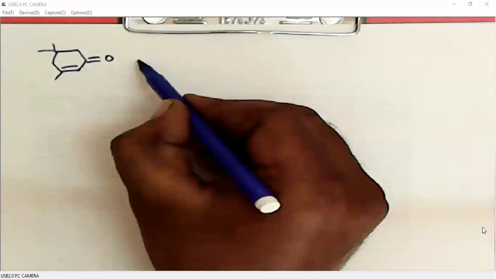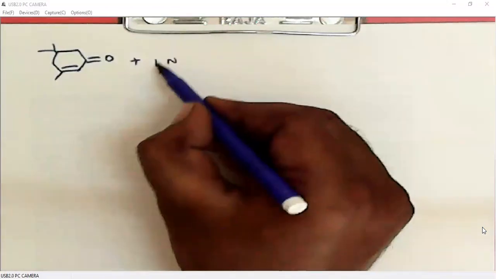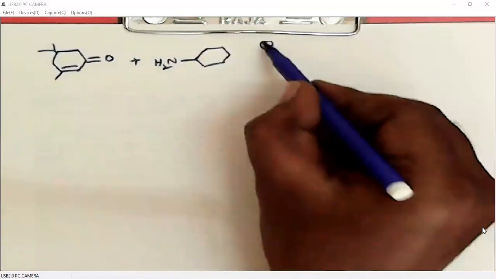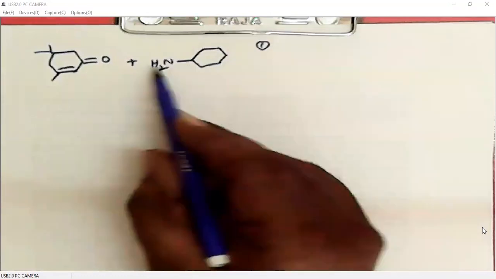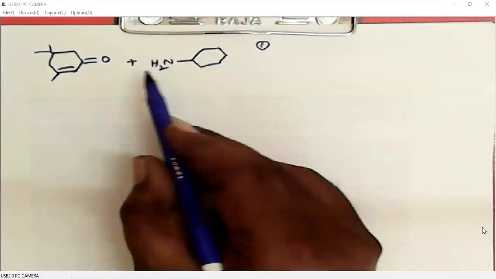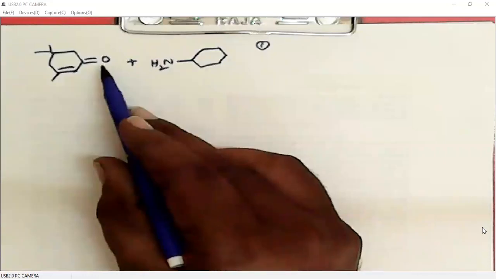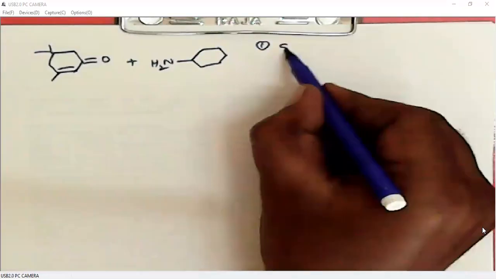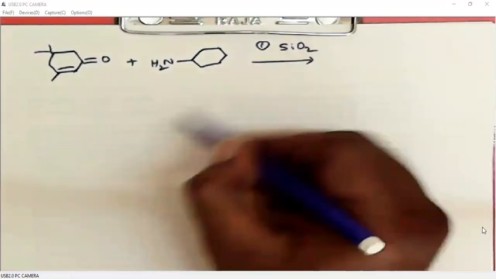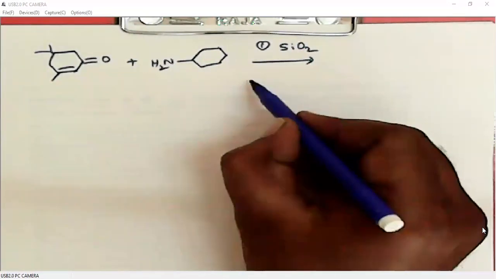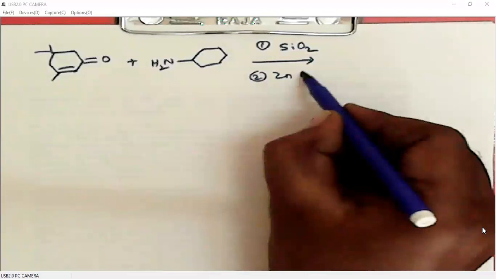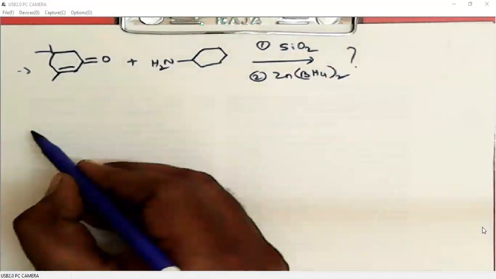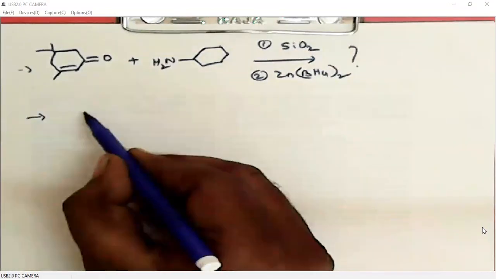Okay. So when we condense this carbonyl with cyclohexylamine, for condensation, that means reaction between amine and carbonyl, it will give imine with expulsion of water, H2 from here, oxygen, H2O will be leaving. So that is what is called condensation. For that, we need a Lewis acid. We can use many different Lewis acids. In this case, silica gel is used. Then zinc borohydride for the reduction of imine. So what is the product? These are straightforward products, so I'm not giving the products.